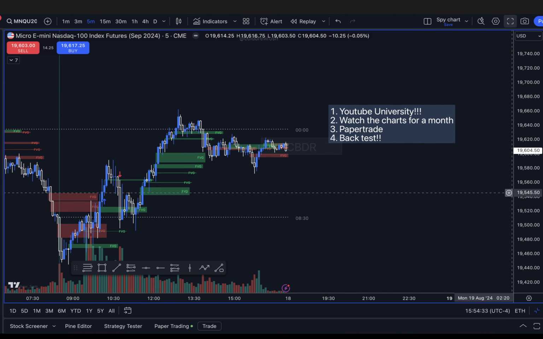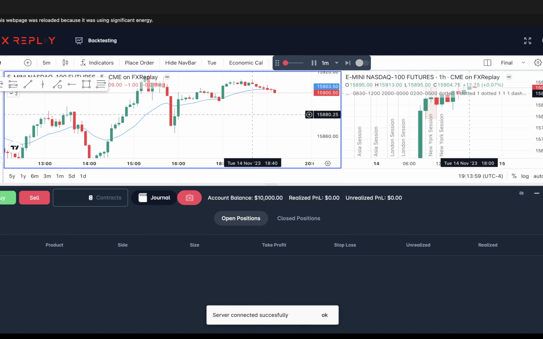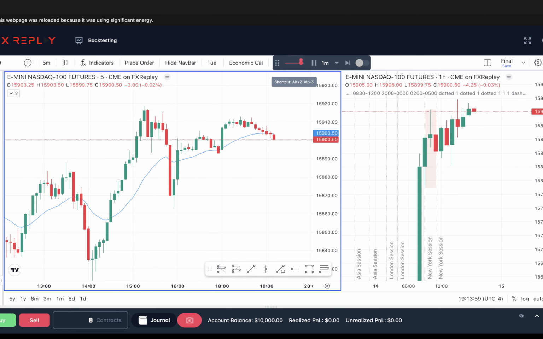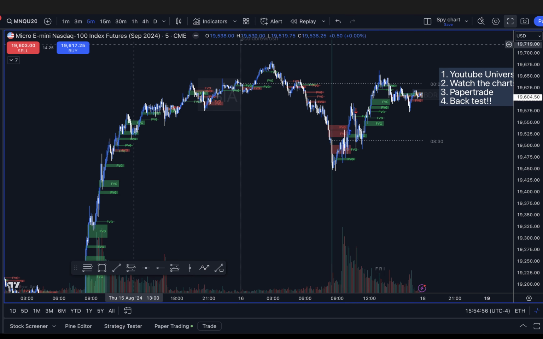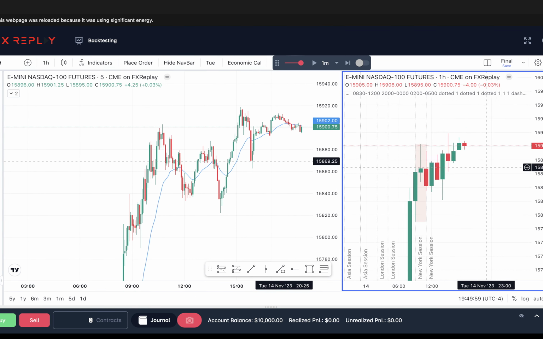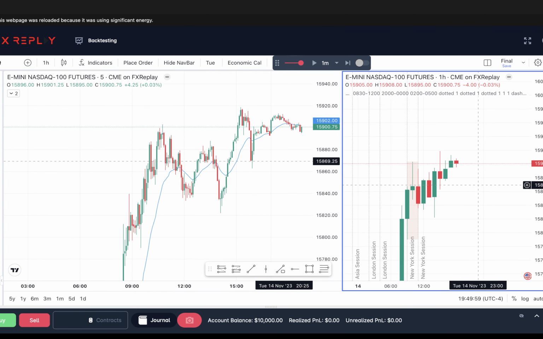But I discovered FX Replay, which I backtest live every night, and I trade live now every morning. You can play stuff out and guess where it's going. You chart how you would normally, and then you see it play in real time, and you can go back to any time. Another thing about going back on replay on TradingView: if you go back more than a year, the candles aren't even full. They're blank. It's not registering. Versus you can go back 20 years on this, and the candles will be full like you're trading in real time.